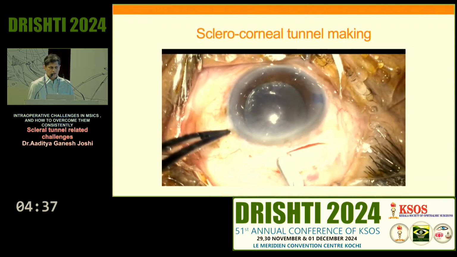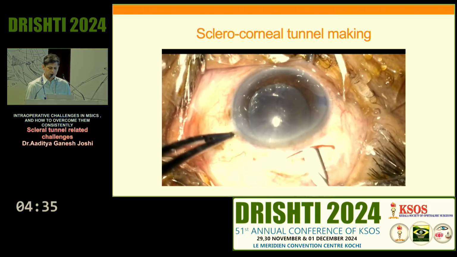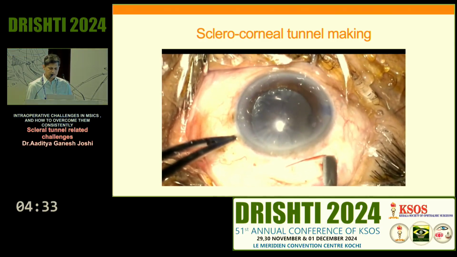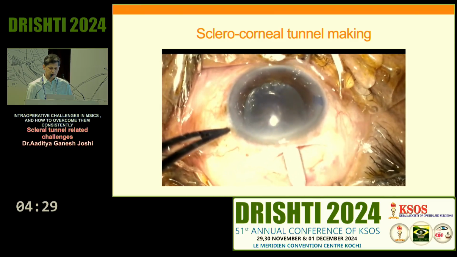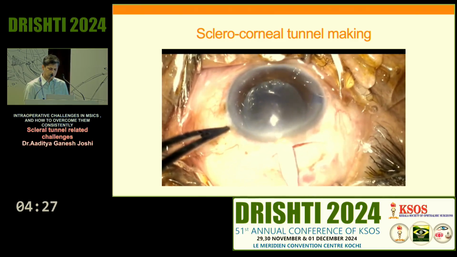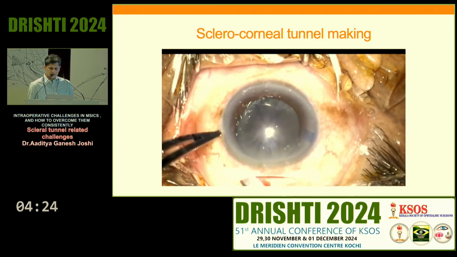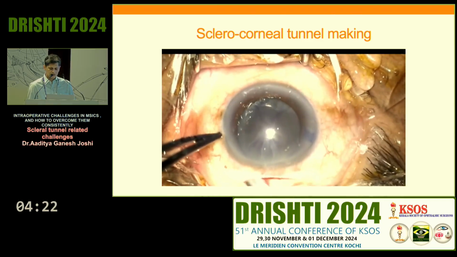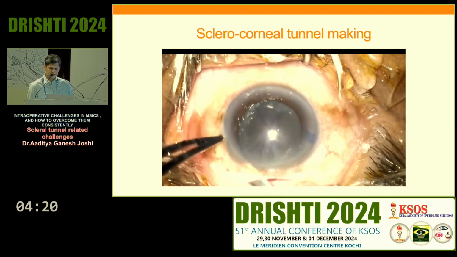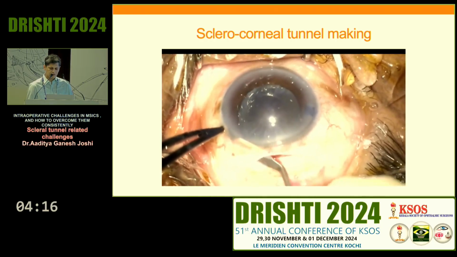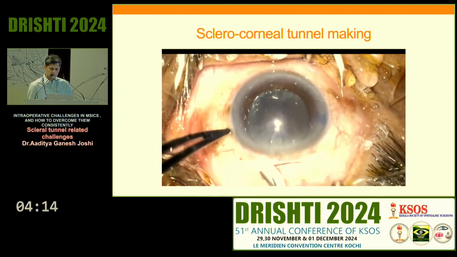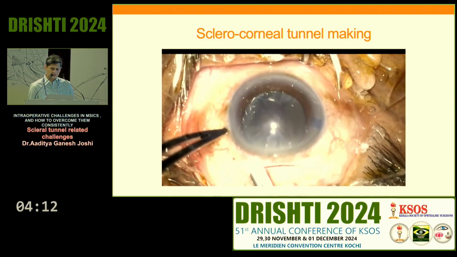Next is sclerocorneal tunnel making. This is the most important step. Once we get the first external incision, we should score the incision a bit if it's not reaching up to half the scleral thickness. Then with a wiggling movement, we should go along the contour of the globe. That is, the scleral contour is different and the corneal contour is a little bit steeper. So we have to follow that contour, go with a wiggling movement, and to identify the thickness,